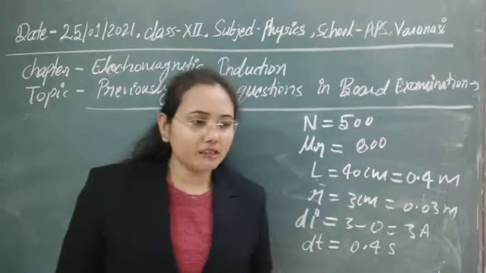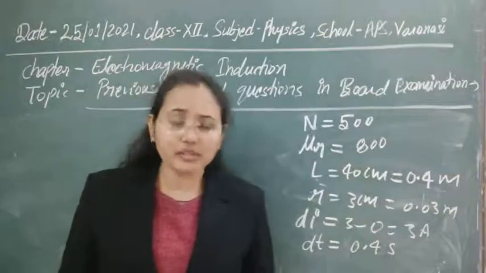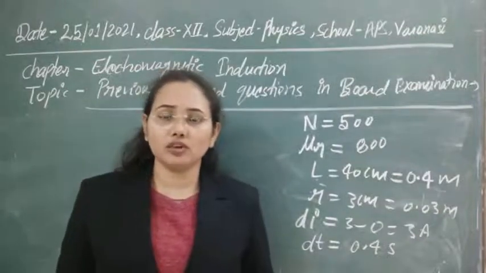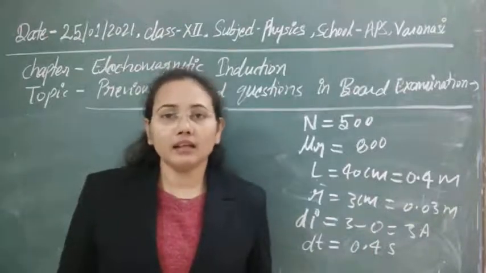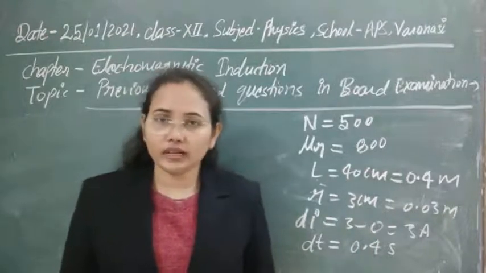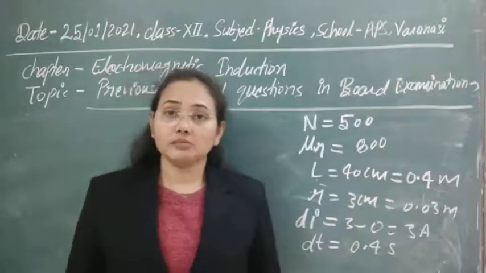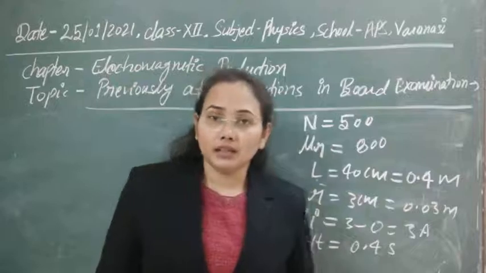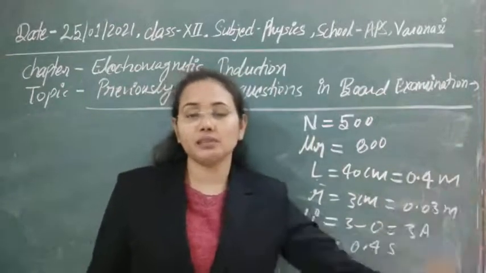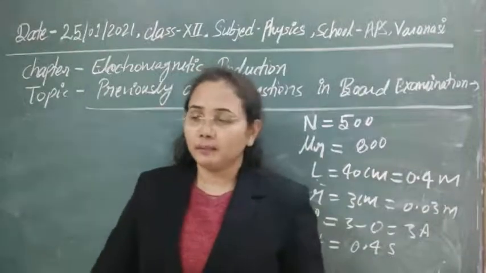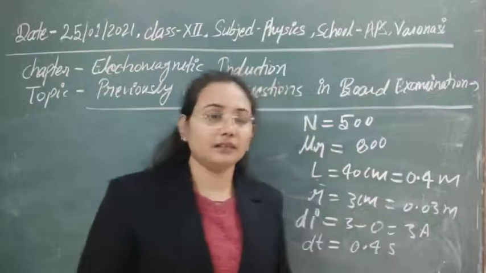So if it is not given which type of material we are taking in the solenoid, then obviously we are taking an air core for the calculation. That's why we have taken mu 0 into consideration. But whenever the material is mentioned, and the concept of relative permeability is mentioned, then you have to use the permeability of that particular core or material.